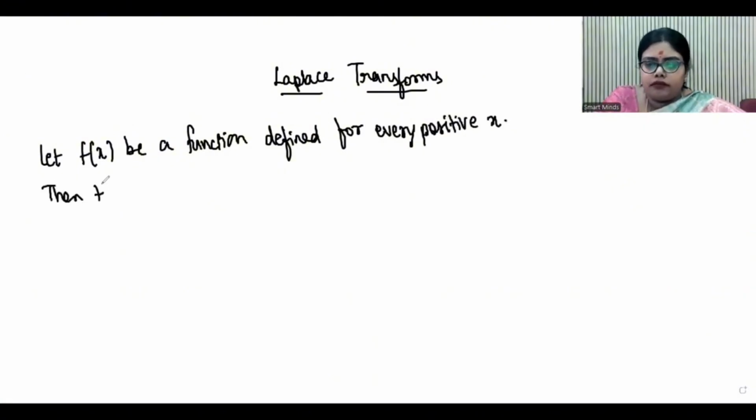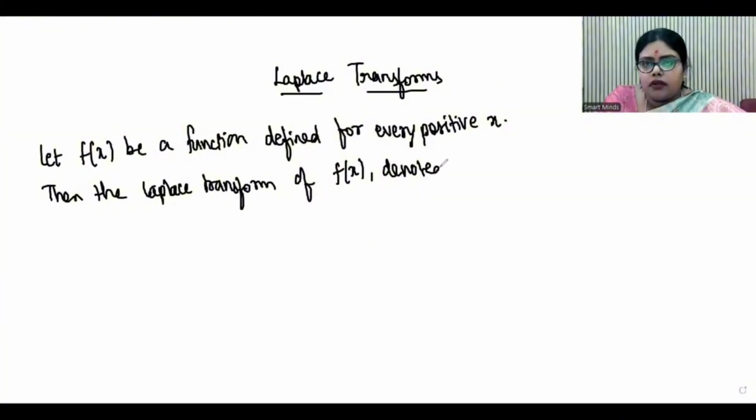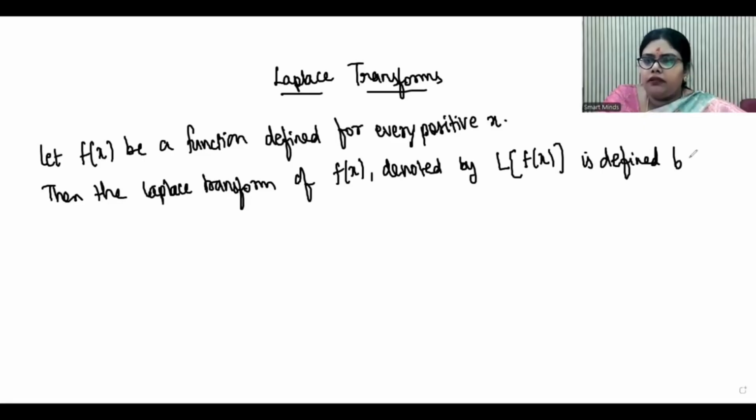Then the Laplace transform of f of x, denoted by L of f of x, is defined by